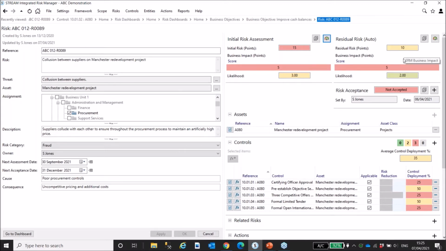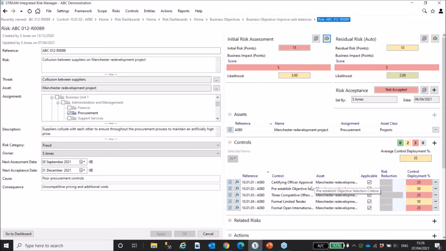The difficulty with doing that, of course, is that it's subject to individual bias, and it tends to be inconsistent, in that different people, unless they are consistently trained risk analysts, may come to different conclusions about residual risk across different parts of the organization. So one way that we can try and build some consistency into that is to provide some automation around the estimation of residual risk. So here we can see the controls that have been mapped in to this particular risk,